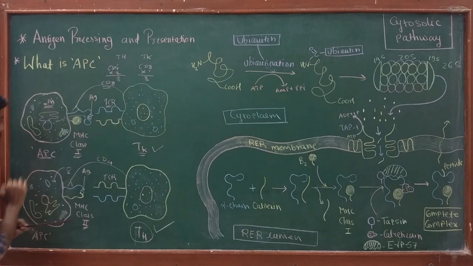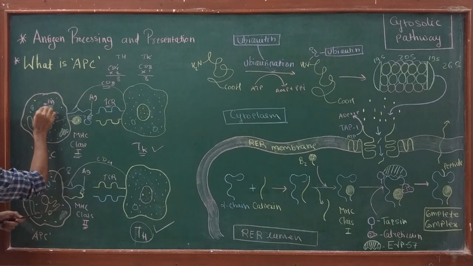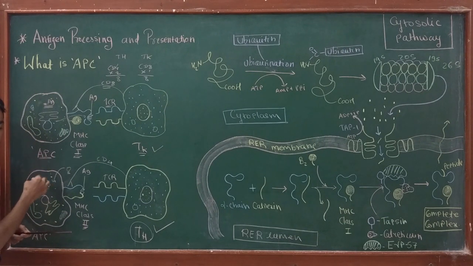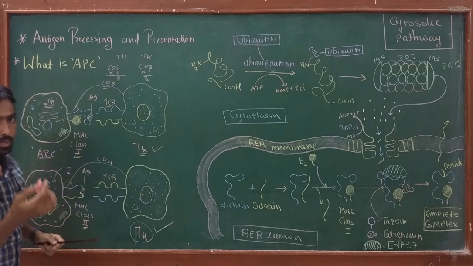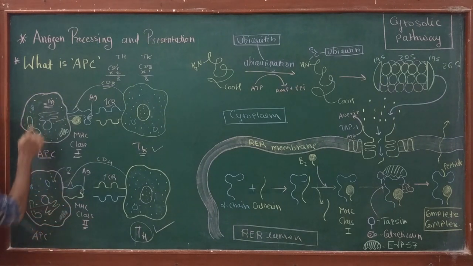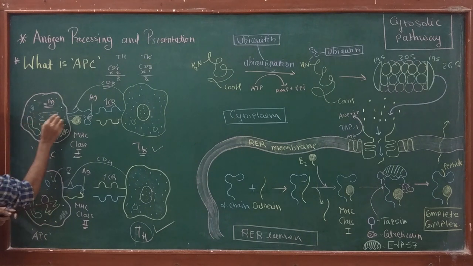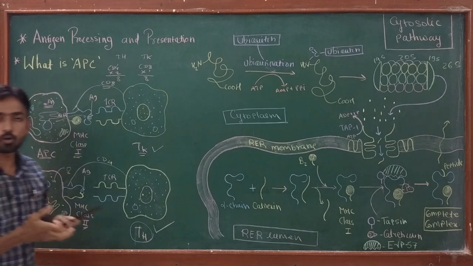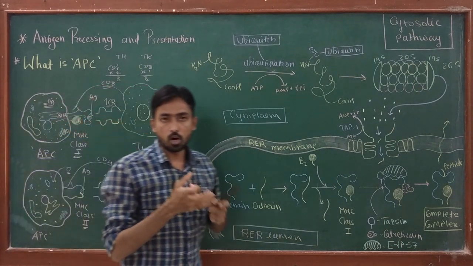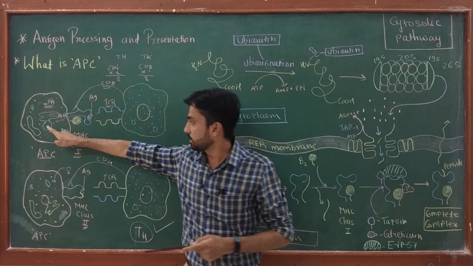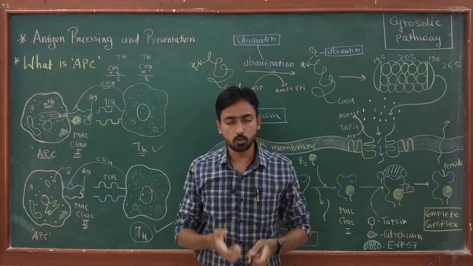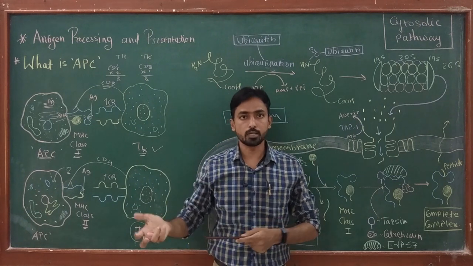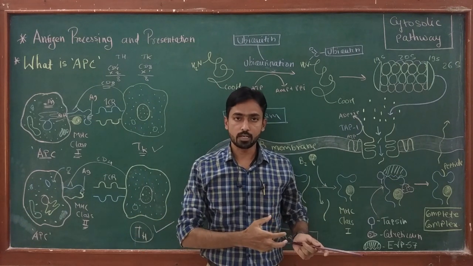Okay, so first of all, remember when an antigen like a virus enters inside the antigen presenting cell, the cytosolic pathway starts. The cytosolic pathway mainly takes place in the cytoplasm and rough endoplasmic reticulum. We know that a eukaryotic cell always shows presence of an organelle attached to the nucleus, which is the rough endoplasmic reticulum. There are two different types of endoplasmic reticulum present in the eukaryotic cell, smooth endoplasmic reticulum and rough endoplasmic reticulum.